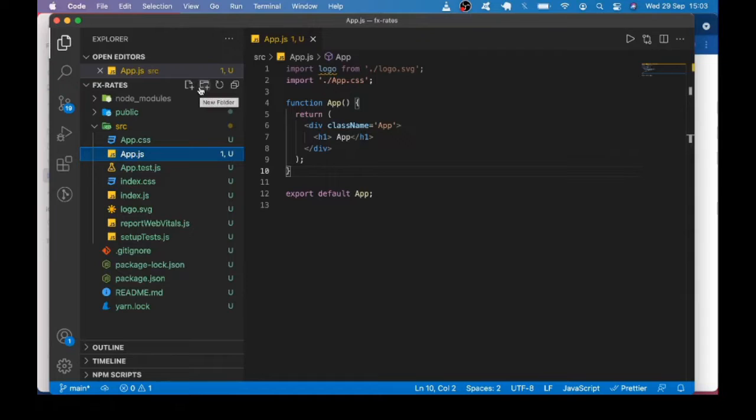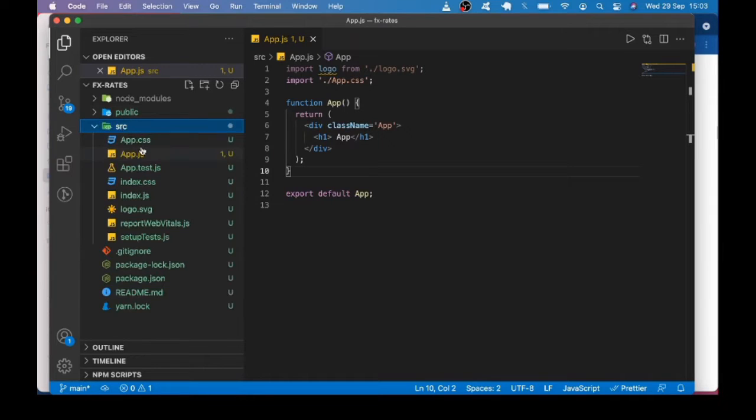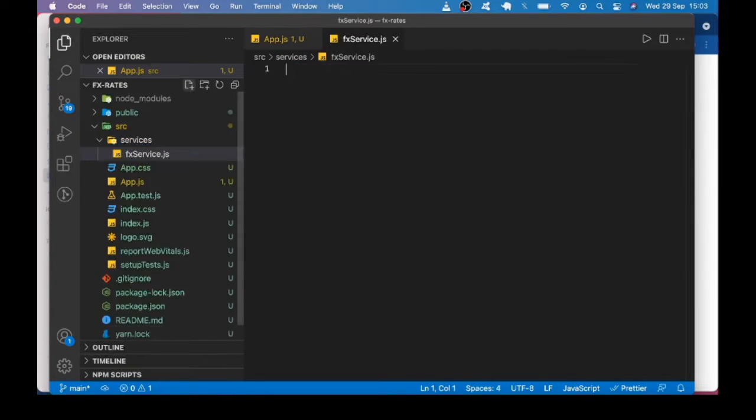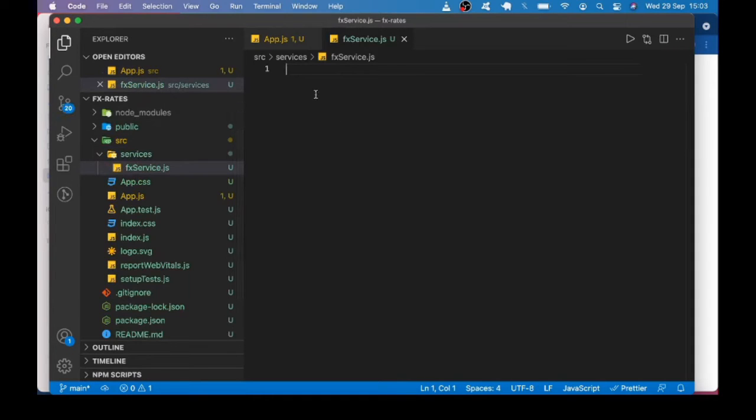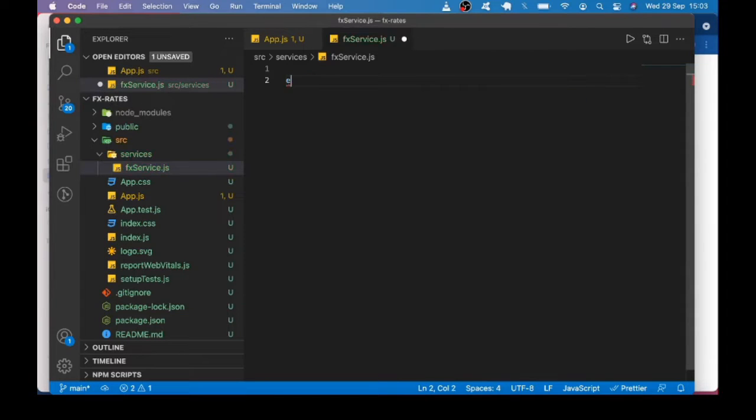Remember that I said we are going to fetch the data from a third-party API. So inside the src folder, I'm going to create another folder. Let me call that services. Then inside services, I'm going to create a file, fxservice.js. And inside fxservice.js, let me export a function, const